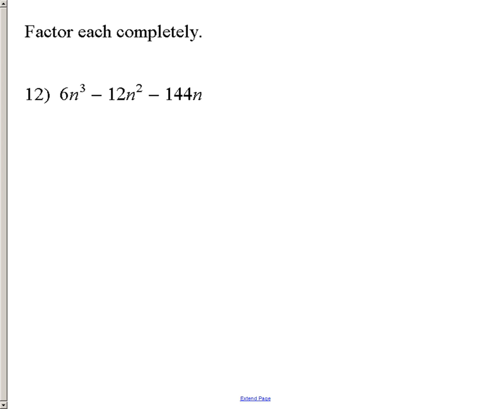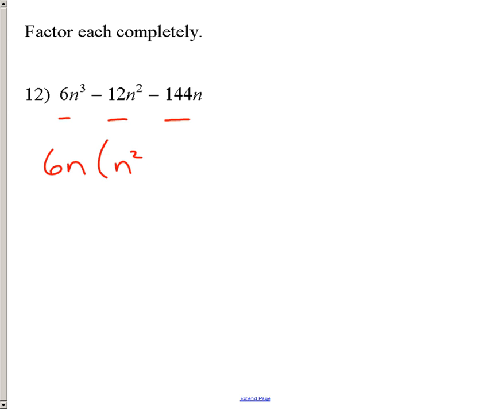Okay, we'll pick up where we left off with some factoring, and a lot of times people see a trinomial and they immediately start thinking of the hard factoring, which would be treating it like a quadratic. But the first thing, of course, we always want to look for is, can we factor out a monomial? And I note that 6, 12, 144, 6 divides each of these, and everything has a factor of n in it, each of the terms. So I can factor out a 6 and an n to begin with, which of course leaves me with